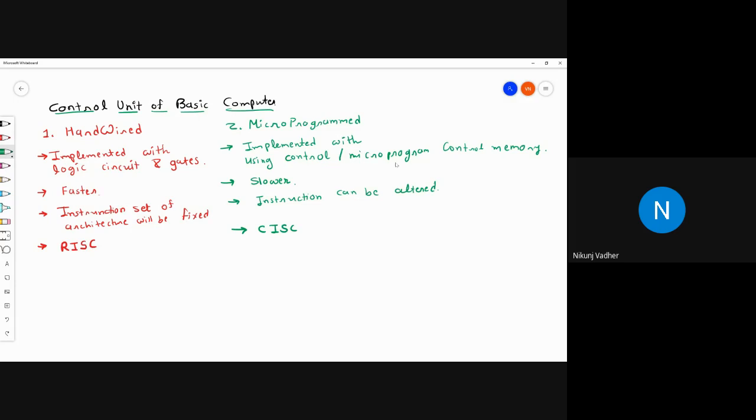The generation of processor which we are using nowadays belongs to CISC. In the case of hardwired, a few or a limited number of addressing modes will be there.